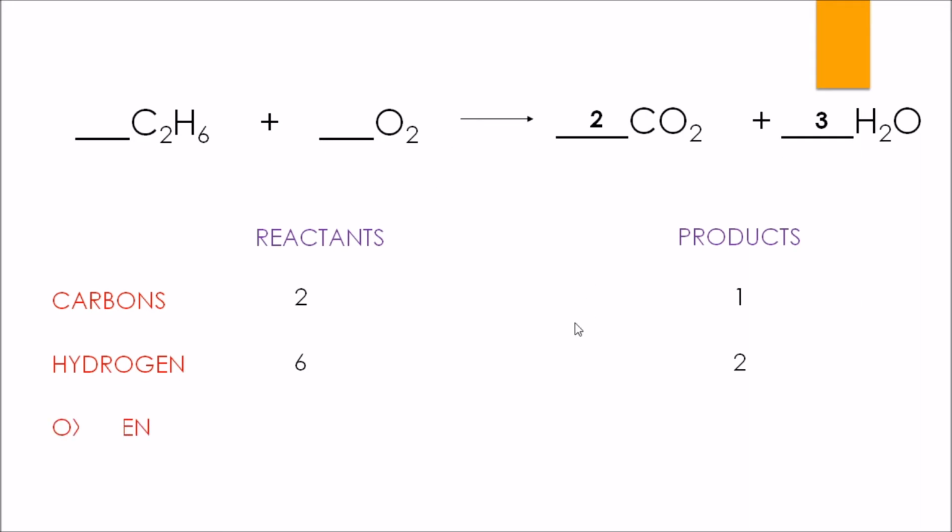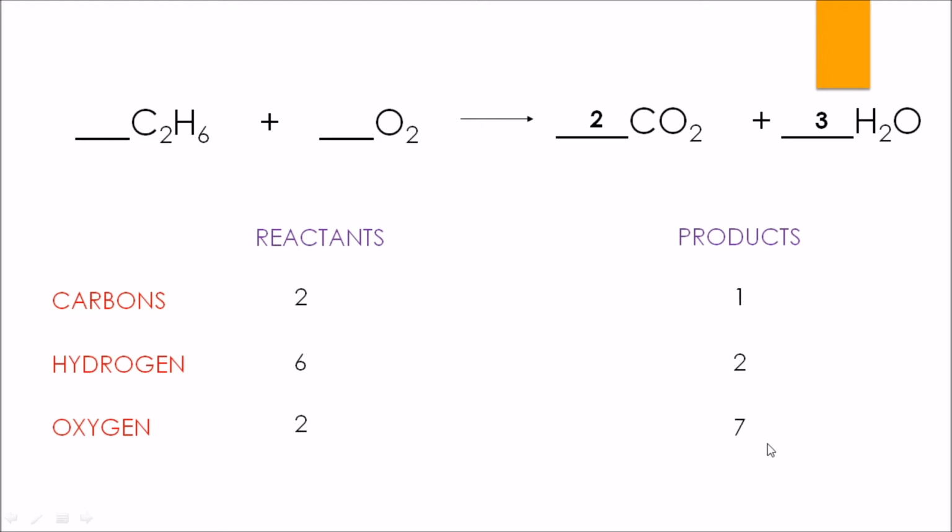In the last step, we are going to balance oxygen. Let's see how many oxygens there are. We have 2 oxygens on the reactant side. On the product side, we have 7 oxygens. How many oxygens? 2 twos are 4, and 3. There are 7 oxygens in total. So in order to balance this odd number,